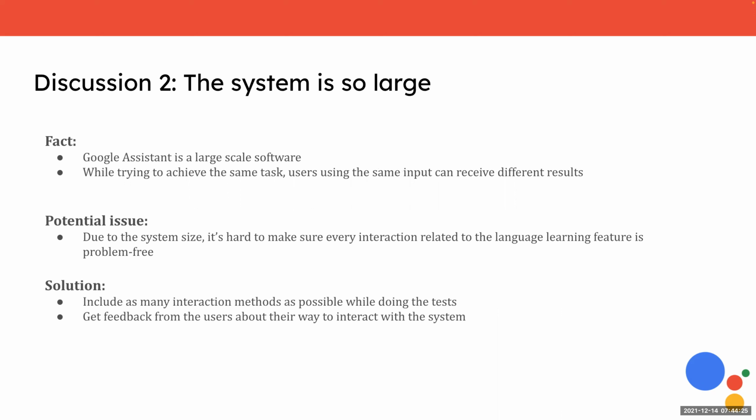While conducting the research against Google Assistant, we realized that it's a large-scale software. Through our heuristic evaluation and usability tests, there was one task asking the user to start interpreter mode. Sometimes the user has to speak open interpreter mode twice for the software to start interpreter mode rather than give a website introduction. While some users who use keyboard input or click on buttons can finish the task quickly.